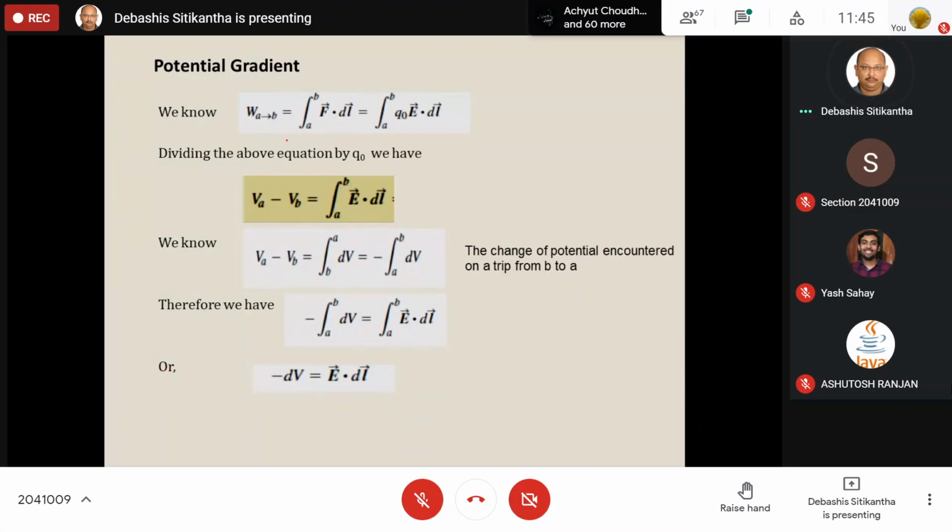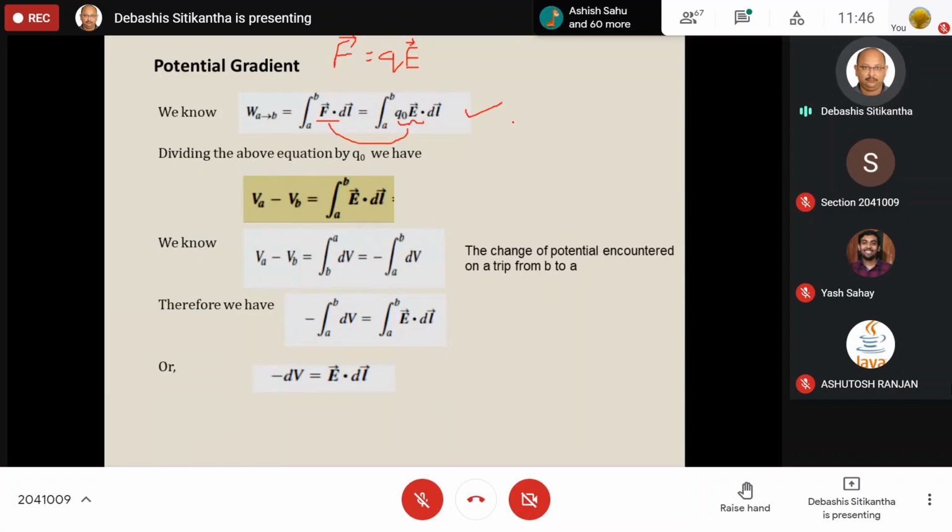So let us see. Now we all know, because we have already studied, that the work done in moving a charge from point A to the point B is nothing but the integration of F vector dot dl vector with the limits from A to B, right? Now in case of electric field, your F is equal to Q into electric field. So F is a vector and E is a vector as well. So over here you can see that in place of this F, we have replaced it by Q0 E vector. This one is absolutely a very simple thing to understand.